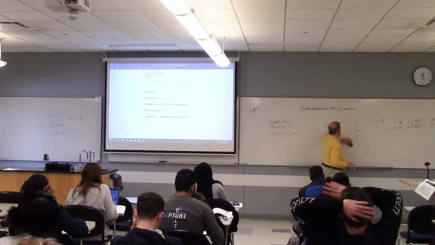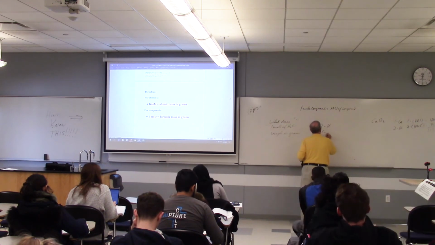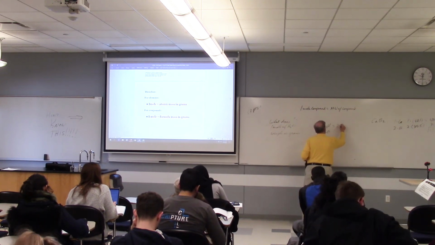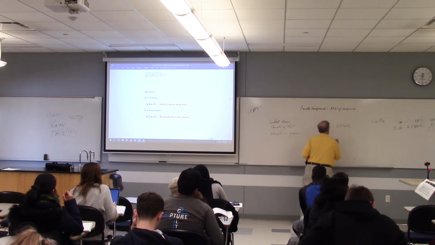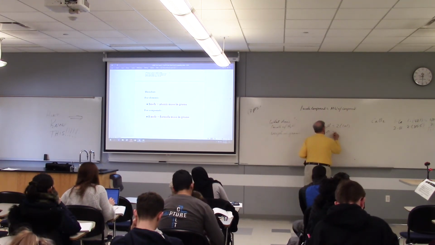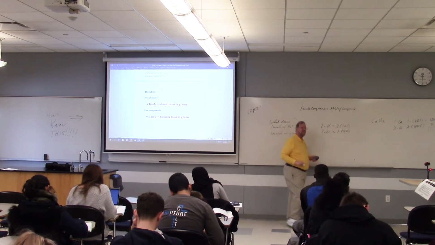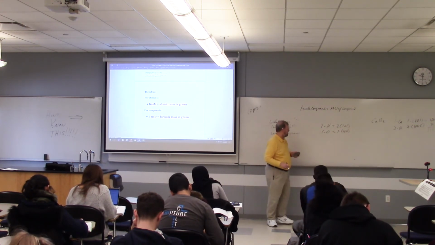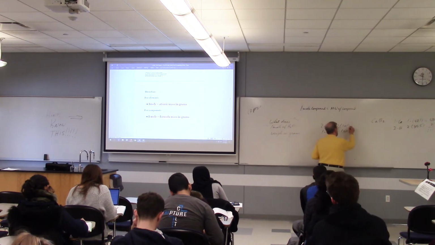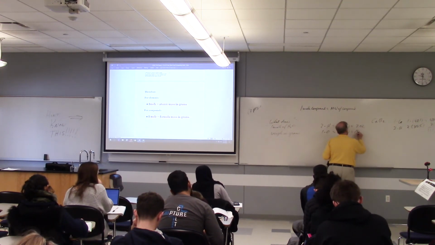Let's do an instant replay. 2 hydrogen, 1 oxygen: 2 times 1.01, that's the atomic weight of hydrogen, and 1 times 16.0, the atomic weight of oxygen. And therefore, the molecular weight is the sum of these, 2.02 plus 16.0,